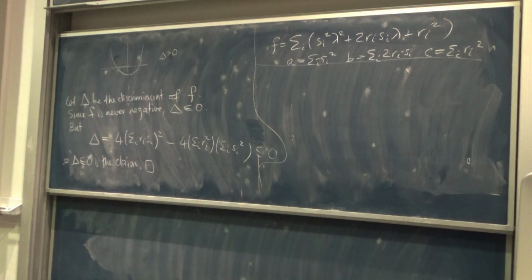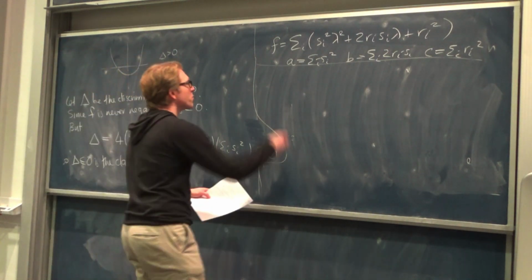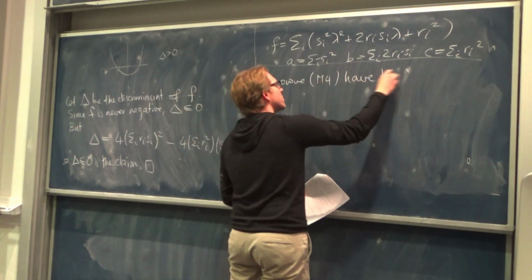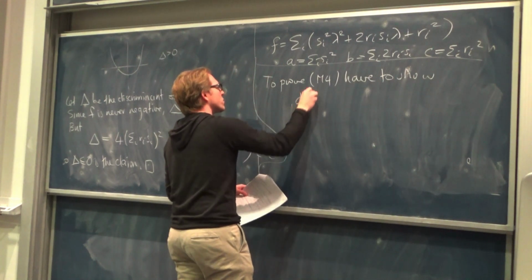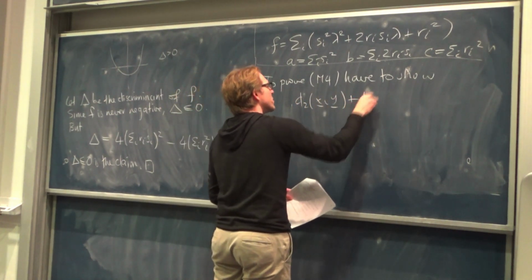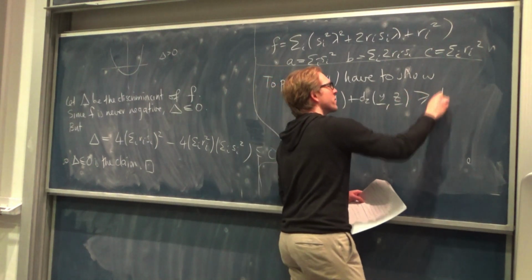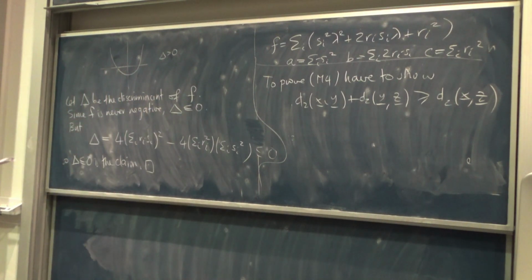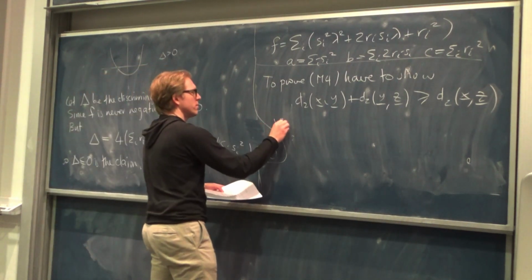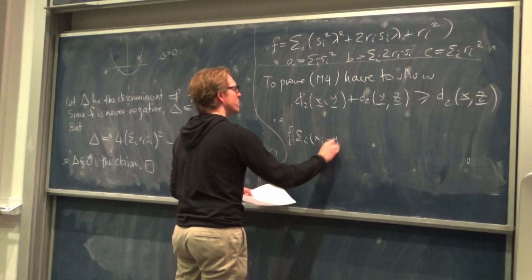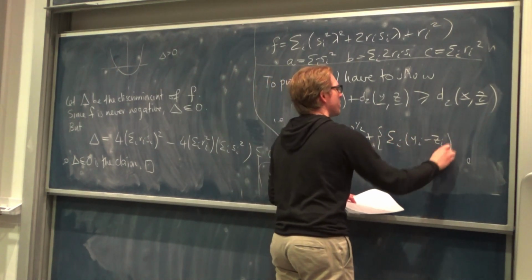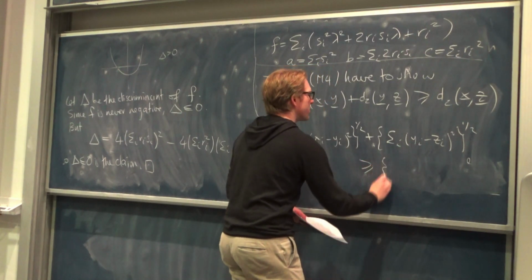Okay, so what has that got to do with the triangle inequality? Well, it directly implies the triangle inequality. So to prove M4, we have to show that d2(x,y) plus d2(y,z) is greater than or equal to d2(x,z). Well, just to write that out, that's the square root of the sum over i of (xi minus yi) squared, plus the corresponding term for y and z, greater than or equal to